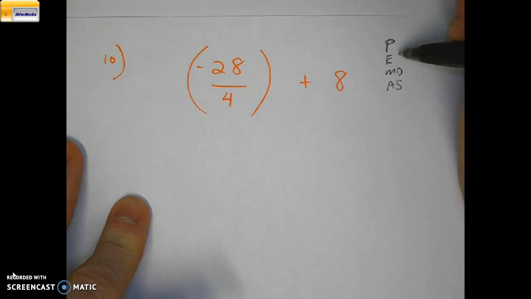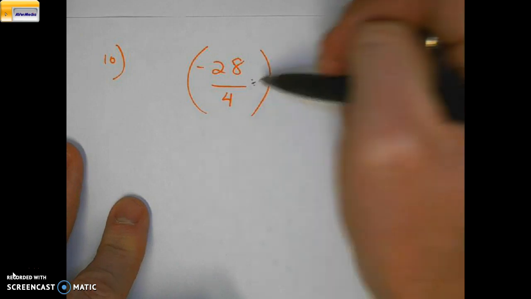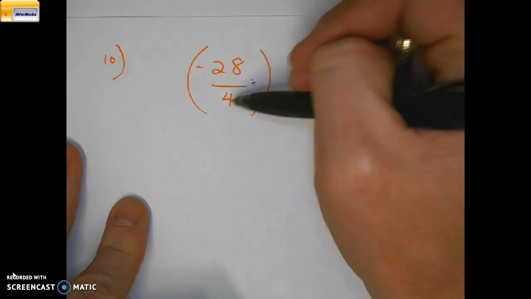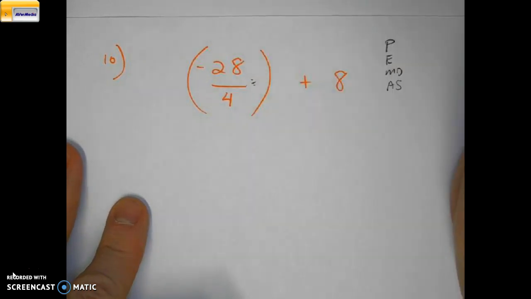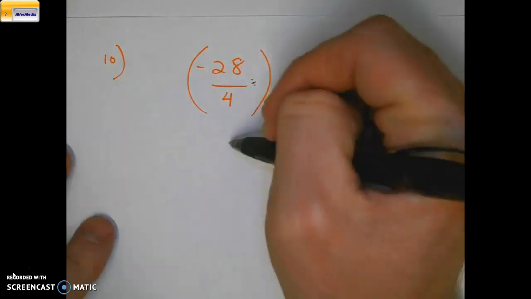Okay, parentheses. We do have parentheses, and we have something in there. Remember, this means to divide: 28 divided by 4. So how many times is 4 going into 28? And guys, if you have to use your fingers, use your fingers. Who cares? So you say 4, 8, 12, 16, 20, 24, 28. It goes in there